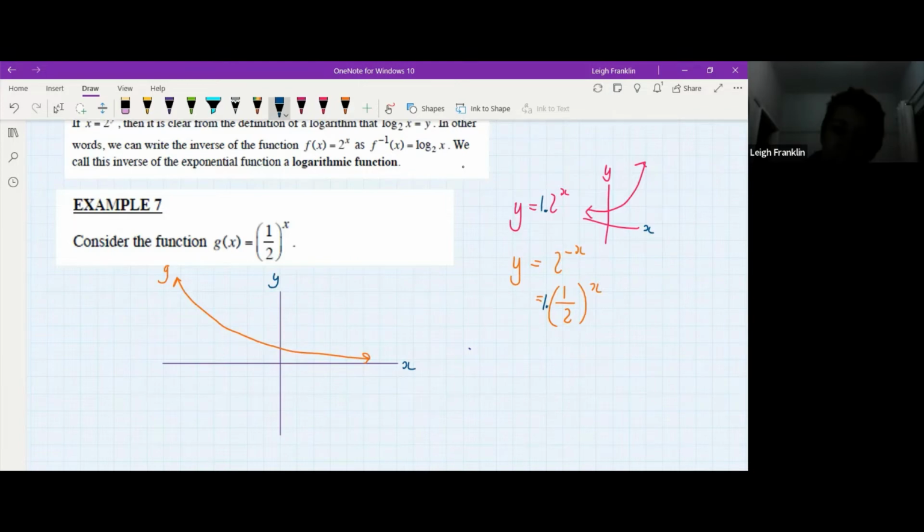But now they expect you to be able to work with the inverse of g. So in other words, now we want to take g and invert it and find its inverse. So now I'm going to take this graph and sketch the inverse of it. I need to reflect it over the line y equals x. It has a y-intercept and no x-intercept. So when I do the inverse, I reflect it over the line y equals x. What line am I now expecting is going to be my asymptote? It's now going to be the